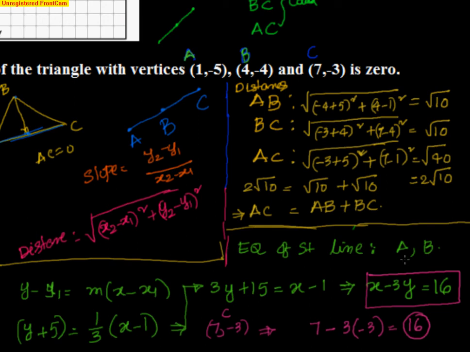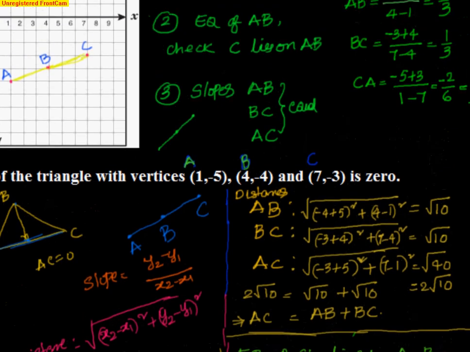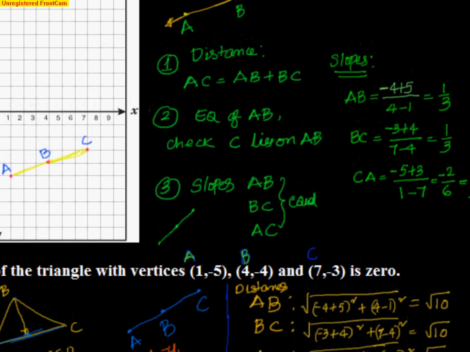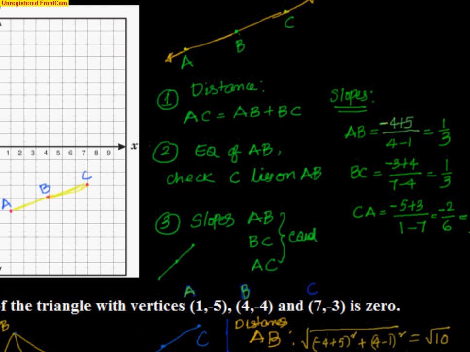Let me go through this part again. Briefly, we know the equation of straight line, y minus y1 equal to m into x minus x1. You can use any equation for that matter. We know the slope of AB, we have calculated. We have created the line AB. Now we want to check whether C lies or not. If C lies on the line AB, then we know that A comma B comma C lie on the same line. That means they are called collinear. Collinear is nothing but lying on the same line or sharing the line. And we know that you can have infinite number of line segments on a line, right?